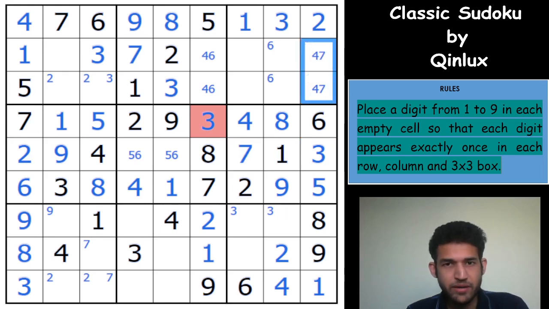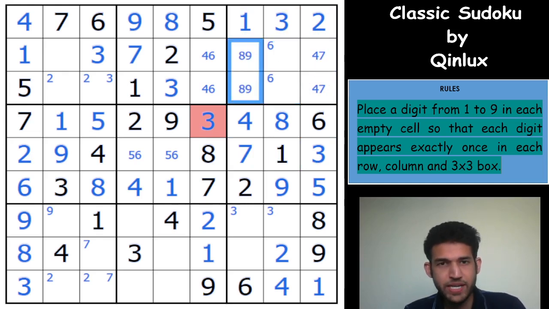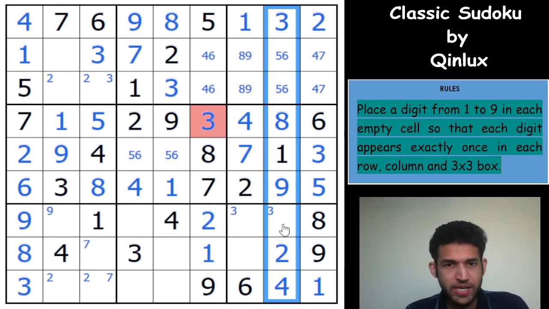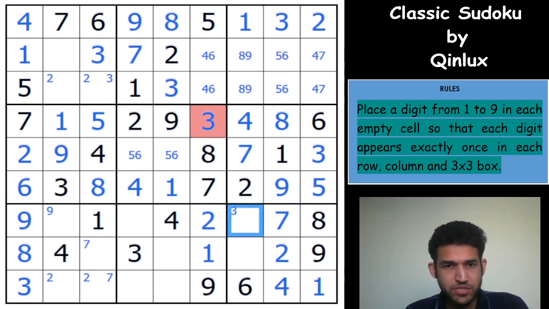This becomes a 4, 7 pair. 1, 2, 3, 4, and 7. So we need 5, 6, 8, 9 here. So this becomes 8, 9 pair. This becomes 5, 6 pair. And now column 8 can be completed. So this would have to be a 7. And pushing the 3 into this cell, this would have to be a 5. And 5 can be resolved